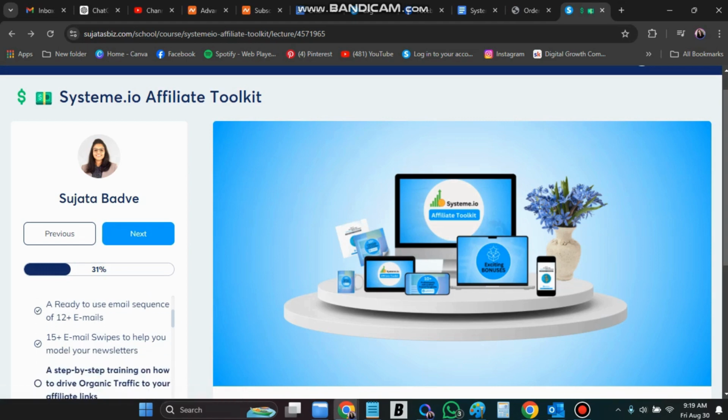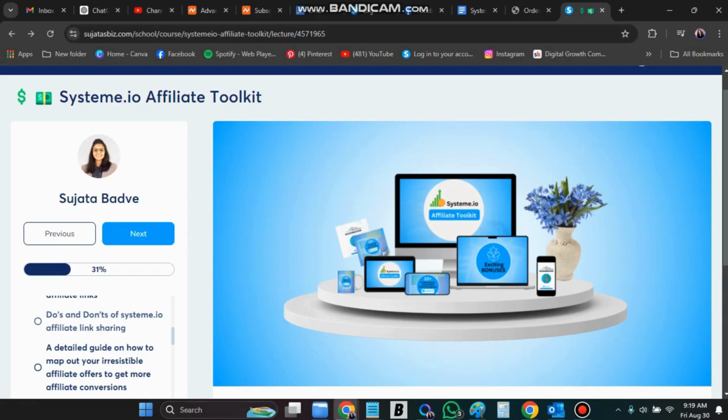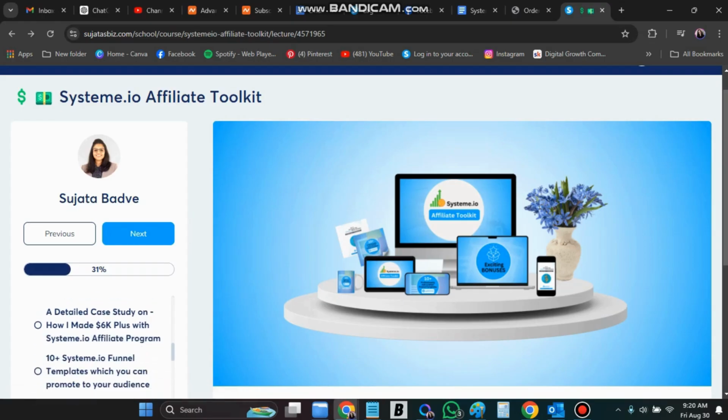System.io, 15 email swipes to help you model your newsletters, step-by-step training on how she drives traffic to her affiliate links, do's and don'ts of System.io's affiliate link sharing, a detailed guide on how to map out your irresistible affiliate offers to get more affiliate conversions, detailed case studies on how she made 6K plus with a System.io affiliate program,